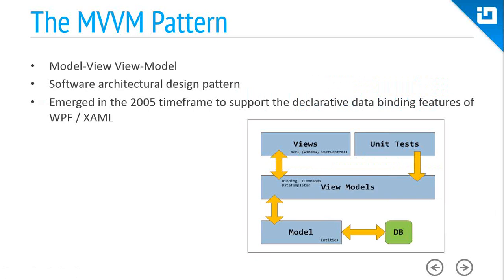Now talking about the ViewModel. The ViewModel is responsible for handling the UI logic. It can hold an application state and expose the application's data and operations to the view using view bindings. In WPF, a ViewModel is a class that implements the INotifyPropertyChanged interface and will have some public properties that